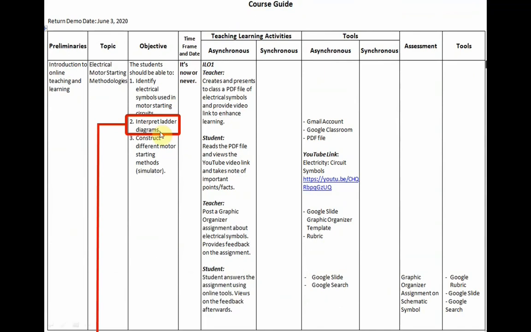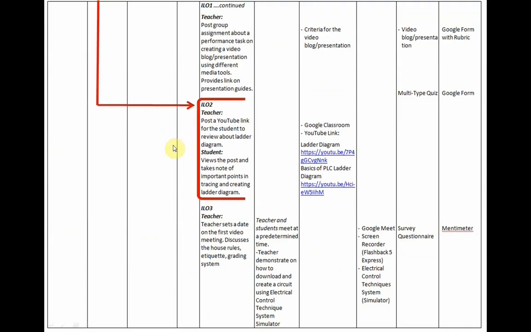The next learning objective is to interpret ladder diagrams. Now for ILO 2, interpret ladder diagram, the teacher posts a YouTube link for the students to review about ladder diagrams. And all that the student would do is to view the post and take note of important points in tracing and creating ladder diagrams. So the tools that the teacher needs is the Google Classroom, the YouTube link, which includes